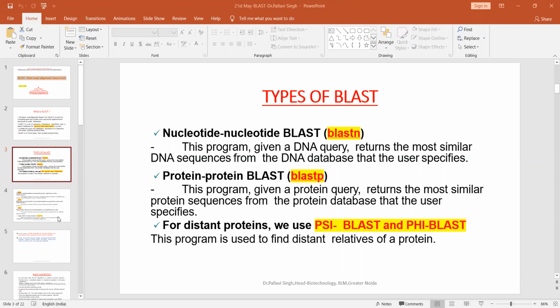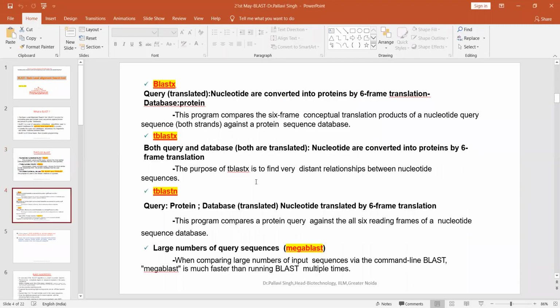Now let's come to the next type of BLAST. As I was telling you, in many BLAST types, we don't use a regular protein against a regular protein database or a regular nucleotide against a regular nucleotide database. We need to do the translation. So in BLASTX, the third type, the query is a nucleotide which you input, but this nucleotide will be converted into proteins by translation, and the database against which you search is protein.